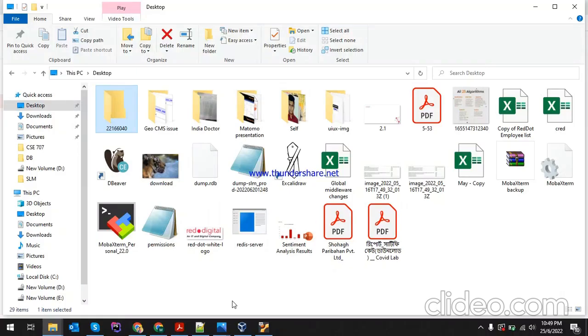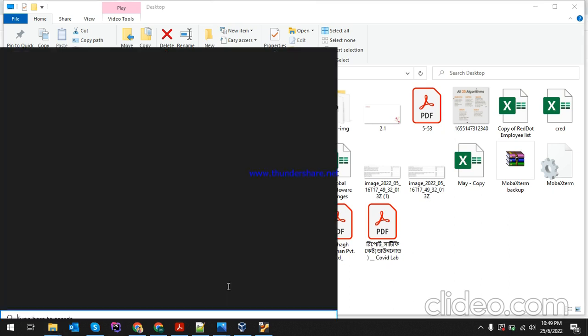My ID is 221-66040. In this video recording session, we'll get introduced to different types of commands of the Unix operating system. In my video, I will use Git Bash as a shell to run these commands. You can use the terminal from a Linux operating system. Okay, let's see. Here we start our Git Bash